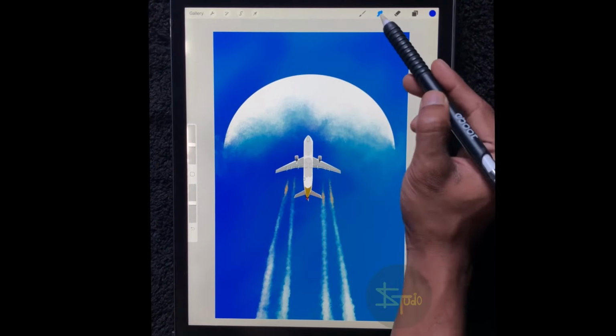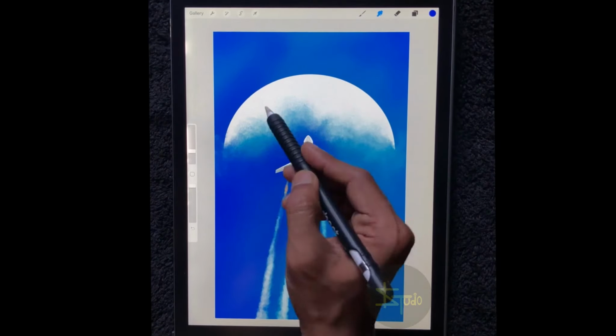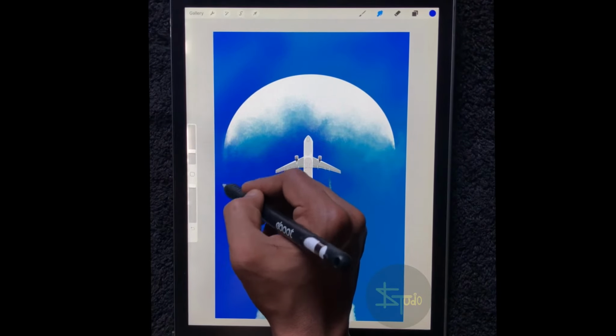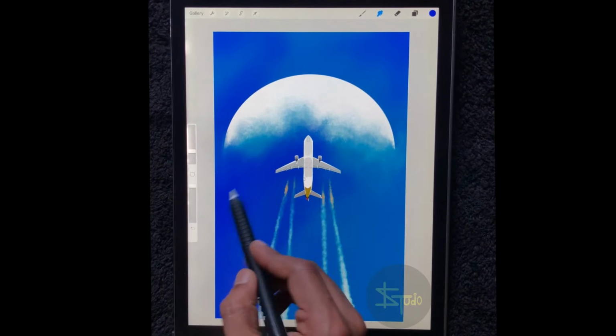After applying the background color, I am using the airbrush tool, so it looks so good and even.